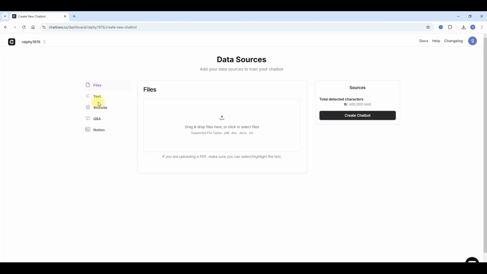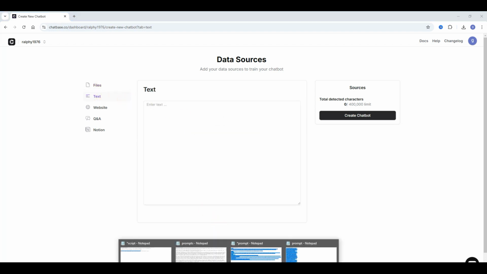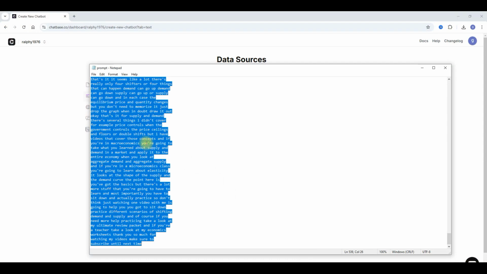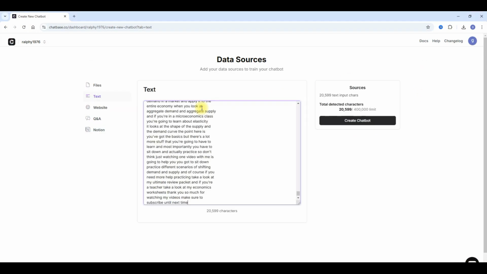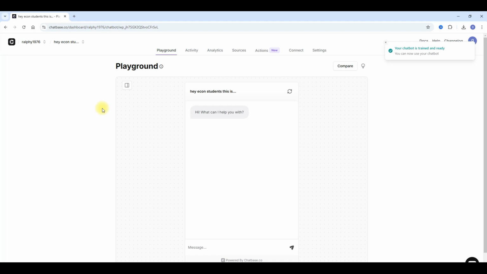Here I can add files. I took the transcript of a video I found on YouTube. I'm going to copy the transcript, paste it here, and I'm going to use this as the basis for the knowledge for my chatbot. Obviously, I can add more files, crawl a website, etc. My chatbot is ready. Before I do anything, I click here